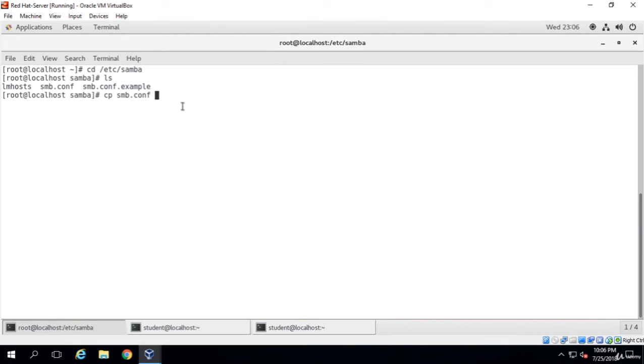So what I'm going to do is copy smb.conf to smb.conf.old, and as you can see now we have a .old file, and that's the one that we're not going to touch. We'll just work on smb.conf. Okay, now we're going to go ahead and use vim and smb.conf,